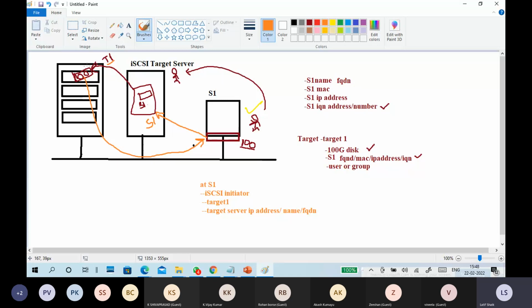As per the request, S1 is assigned to access target 1. So what is target 1? A 100 GB disk. The 100 GB disk is given to S1. So this is the complete iSCSI cycle.